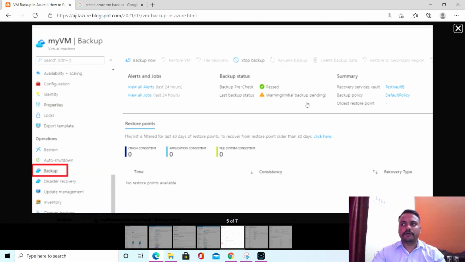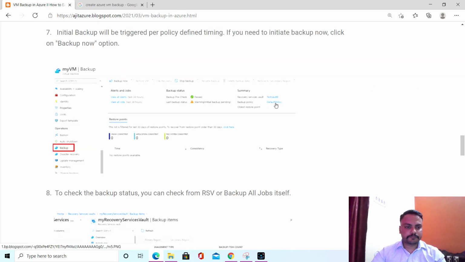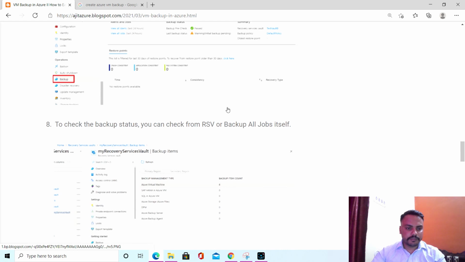Basically it is always recommended to initiate a backup immediately once the backup is configured. If you do not trigger it, it will be triggered automatically as per the defined policy timing. Okay, so this is the basic.